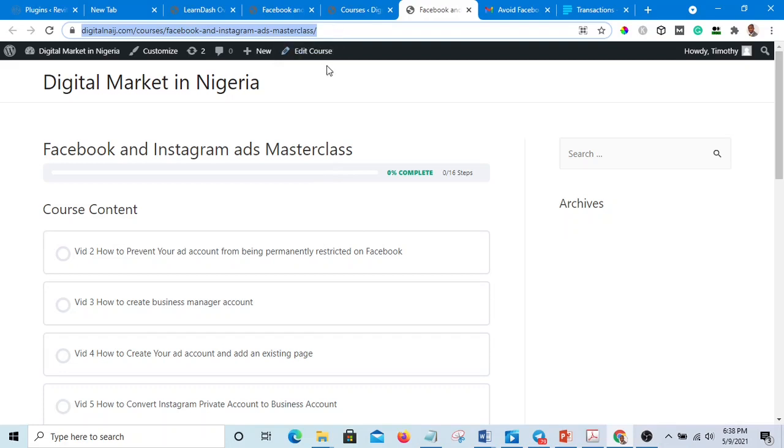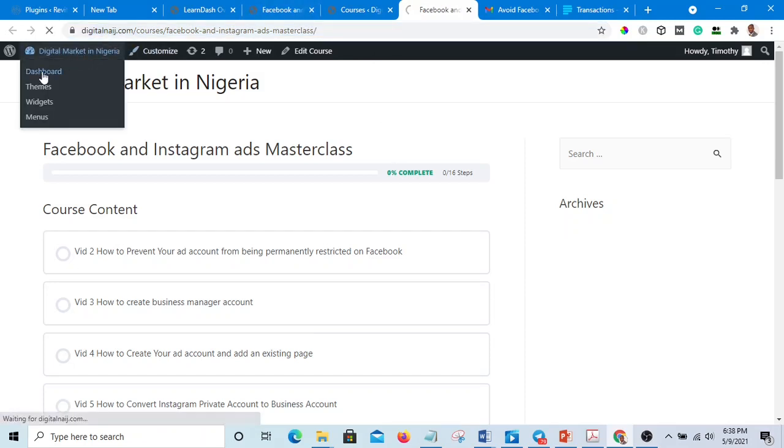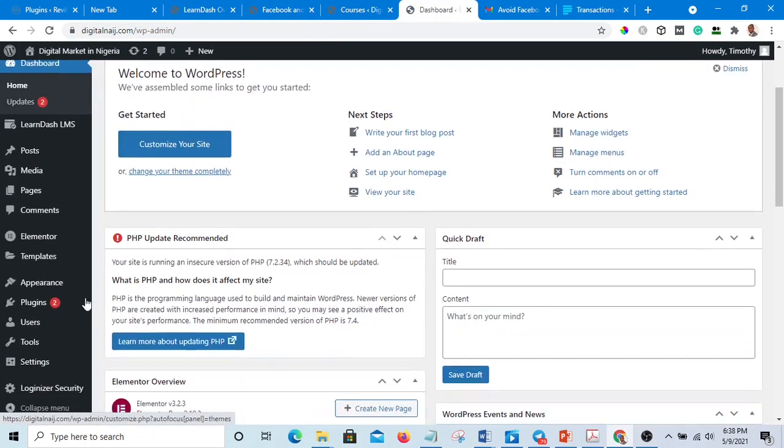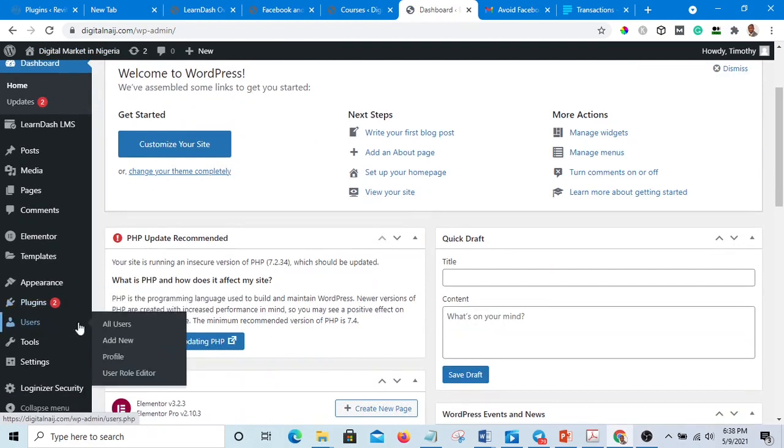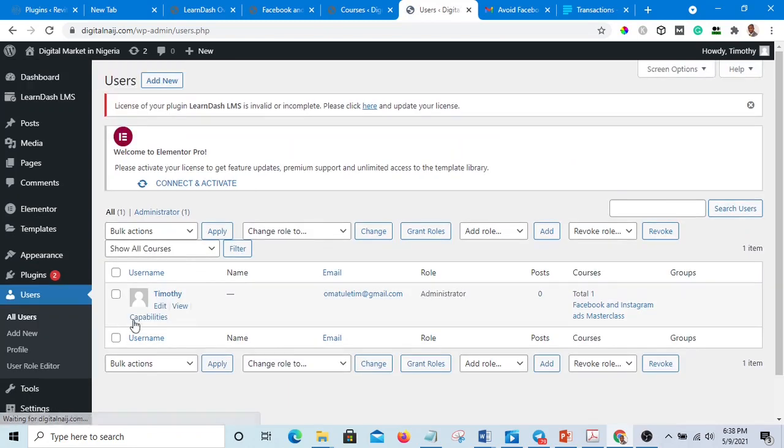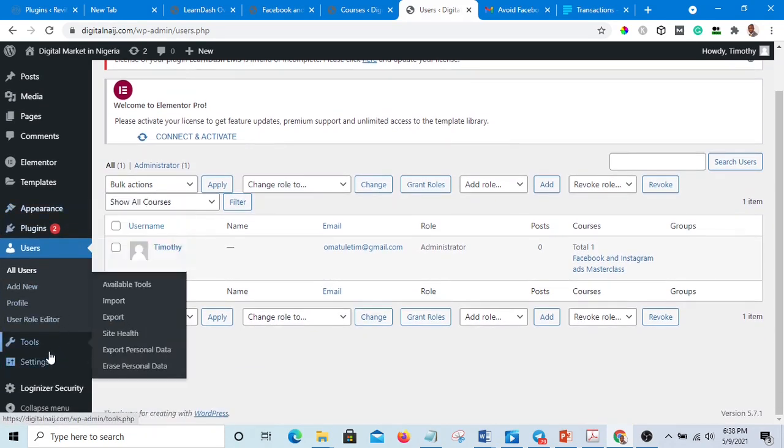Or I register them manually and send them the login details, and they use those details to access the course area. If you go to your dashboard and click Users, you see all users. For now, I'm the only person using this website. Now if you go to Settings,